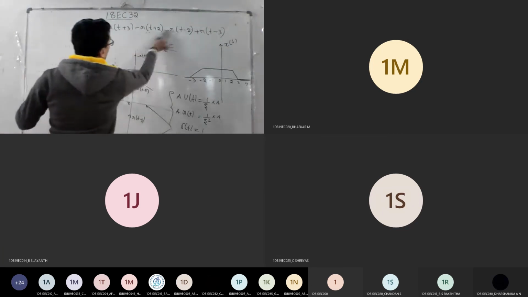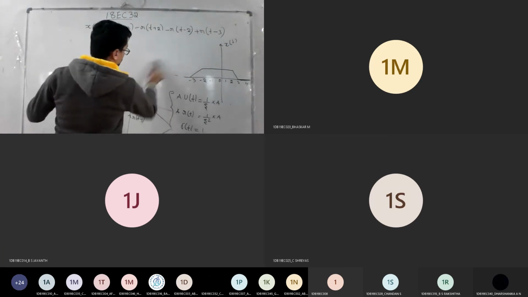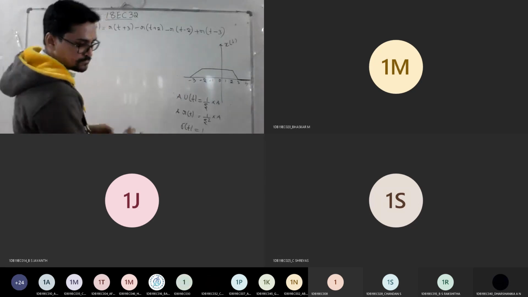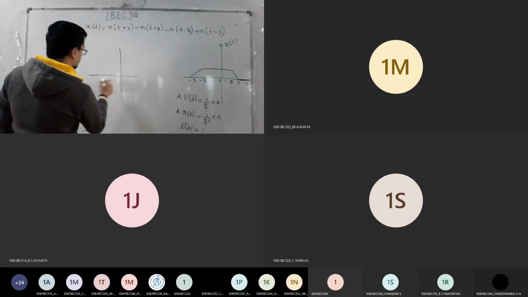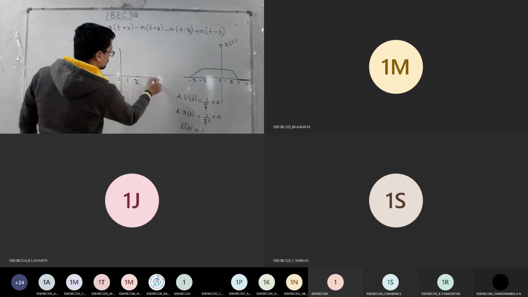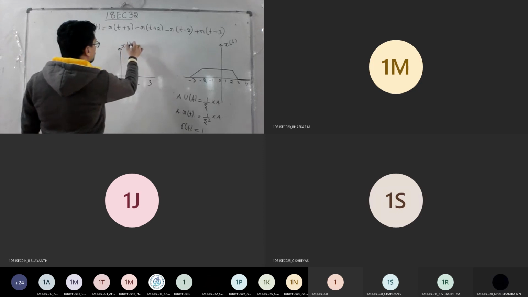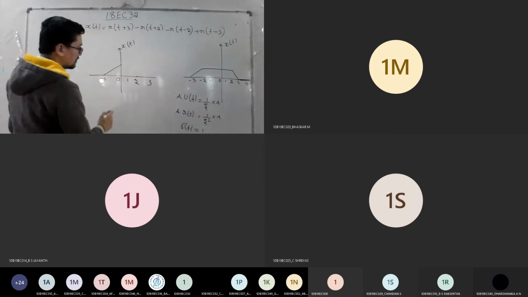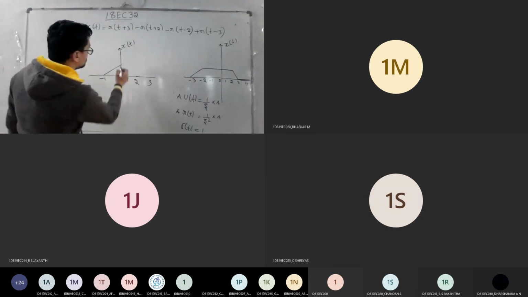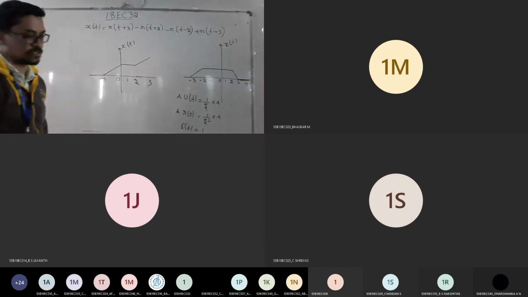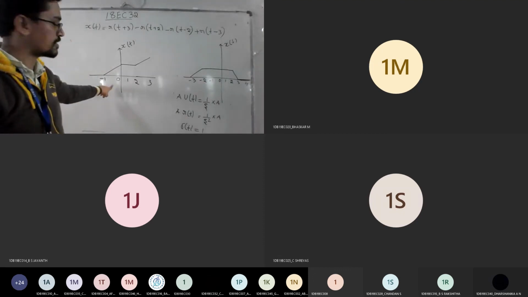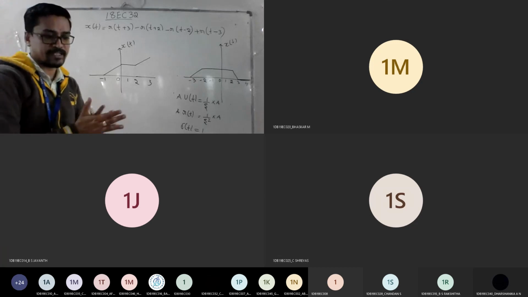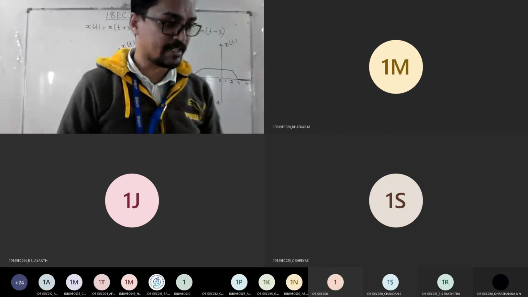Last one. Now I want you to get this question. I will give the waveform for you. Minus 1, 0, 1, 2, 3. So this is the given x of t. From 0 to minus 1 to 0, one signal will be there, and 1 to 2. So this is the given question. Solve this. For this, I want you to get the Laplace. Analyze it carefully and tell me how to solve, by the time you take attendance.